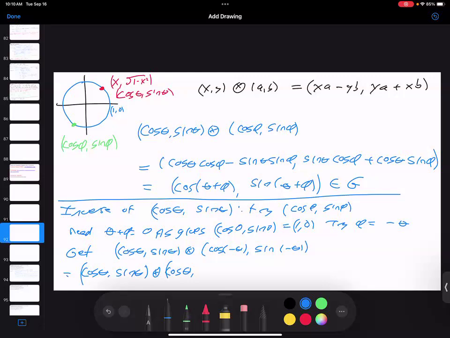Sine is an odd function. So we would get negative sine of theta. And so we're going to get cosine times cosine is cosine squared theta. Sine theta times negative sine theta is going to be minus sine squared theta. And then sine theta times cosine theta minus cosine theta times sine theta is 0. And cosine squared minus sine squared equals